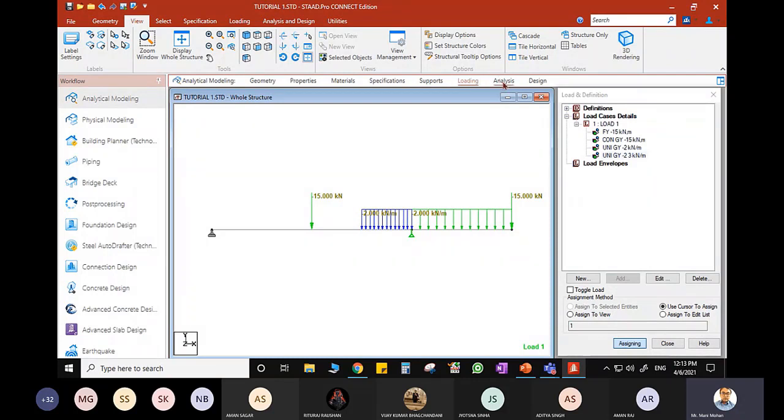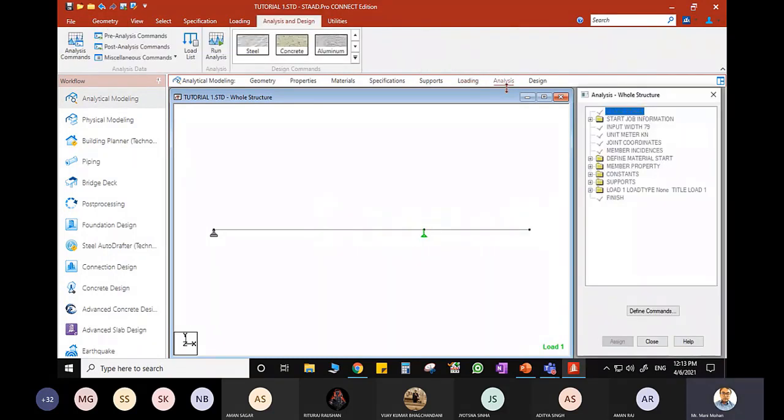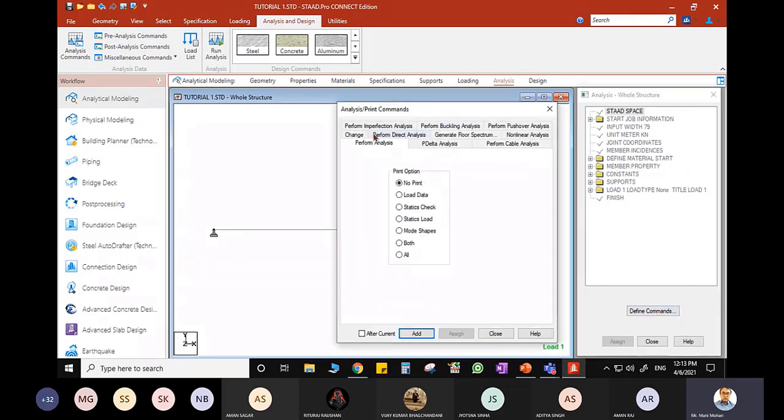I have applied my loading. Next, what I have to do, I have to analyze the structure. So click analysis. After analysis, I need to instruct STAAD that it has to perform the analysis, and the analysis can be of different types. If you click analysis, this is the dialog window which you are getting. You click define command. You have different kinds of analysis. Right now, since I need to know only the support reactions, I will only perform this particular thing, perform analysis.